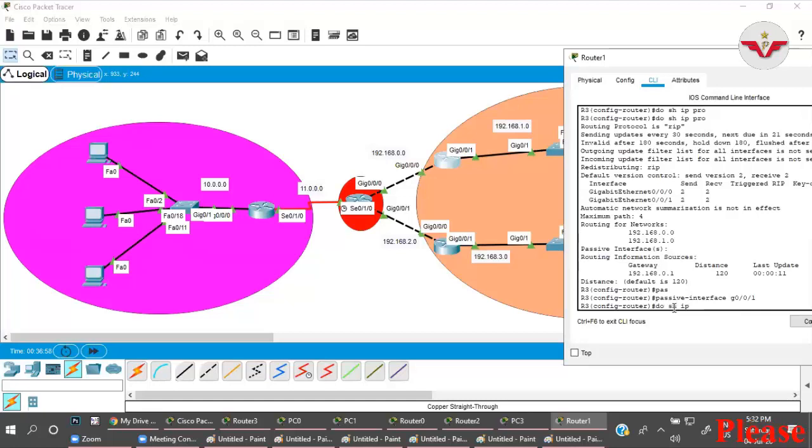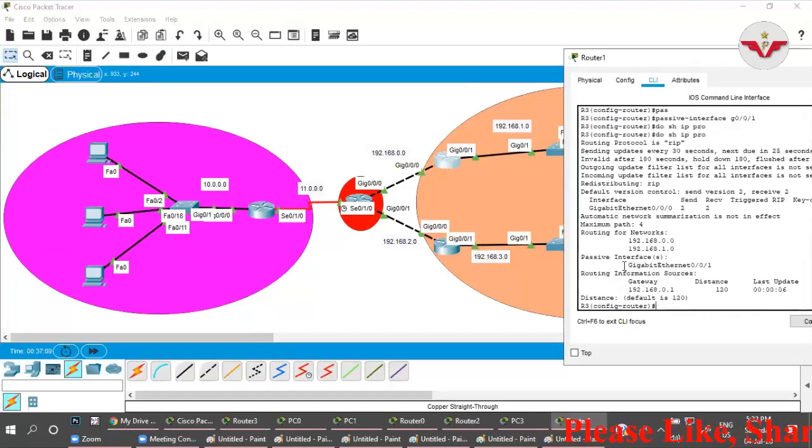Do show ip protocols. The router understands these are the passive interfaces, so I don't have to send the updates on these interfaces.